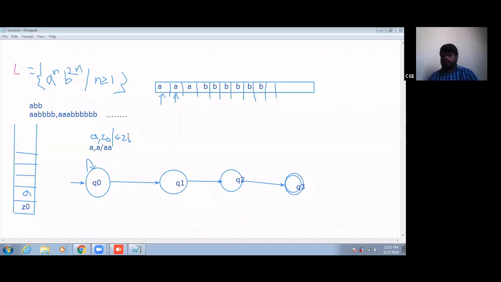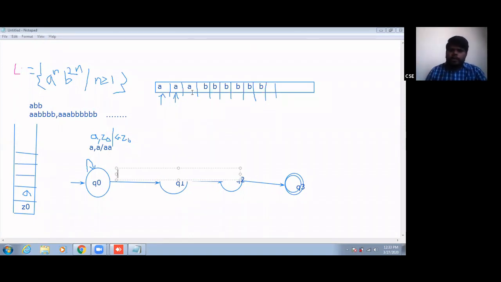So next, whenever B's are encountered, for the first B, what is the operation I need to perform?